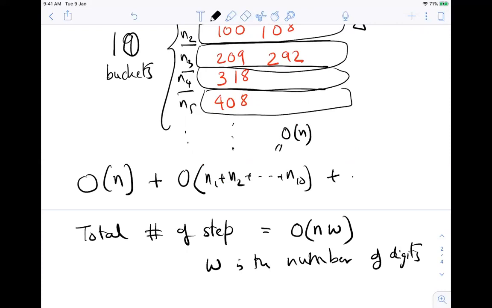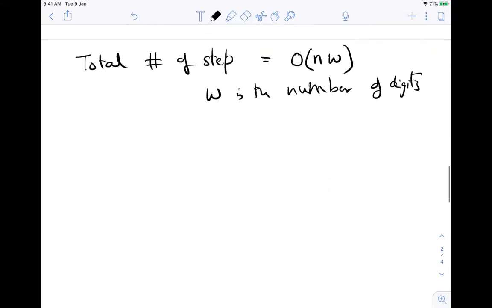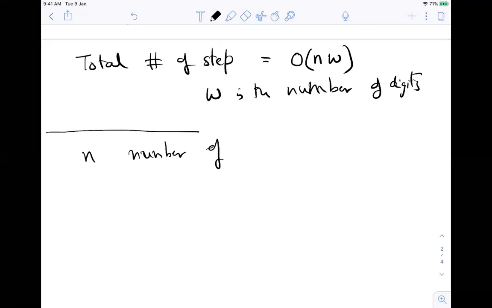Say I have given you n numbers of at most 10 digits. Then it means the numbers are between 1 and 10 to the power 10.